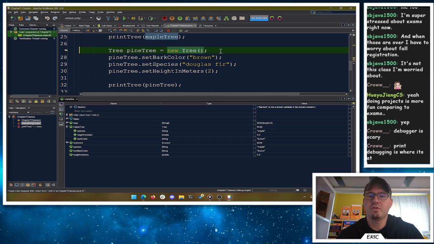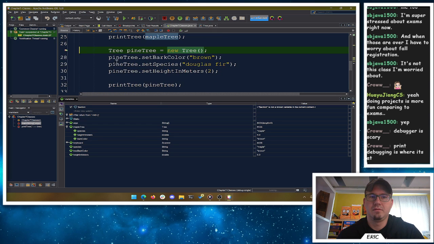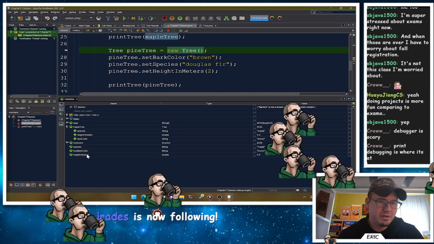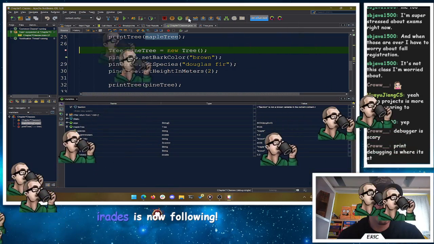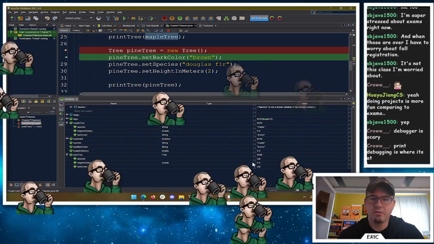So we go to the tree class, and we get default values for all of our attributes here. And now we come back and we see our pine tree has been created here. And we can take a look at pine. One more line here to get pine tree. There we go. Now we get pine tree. So pine tree here, again, has those default values.